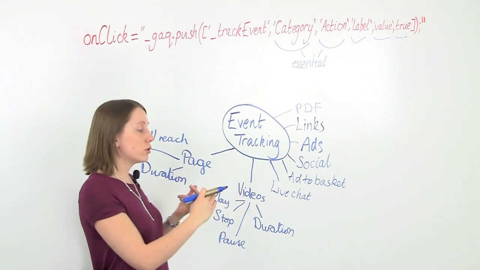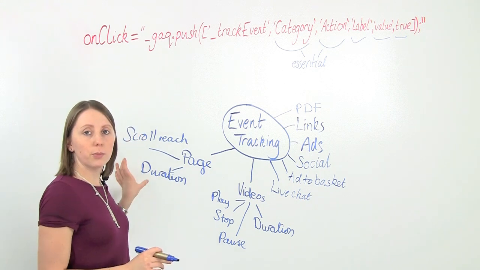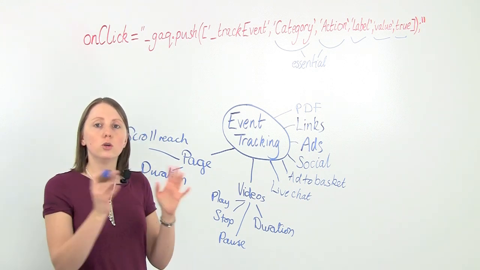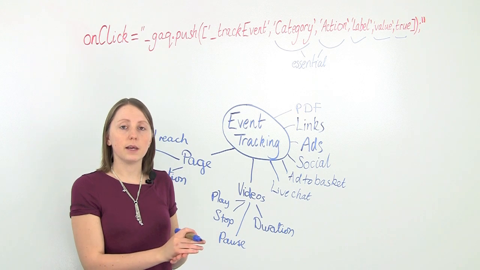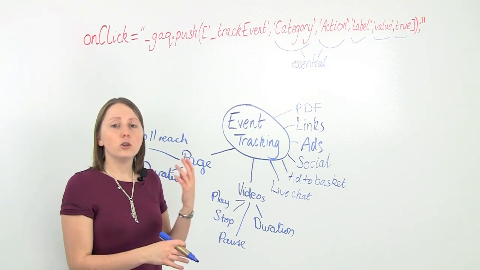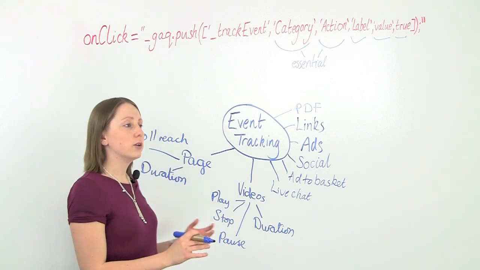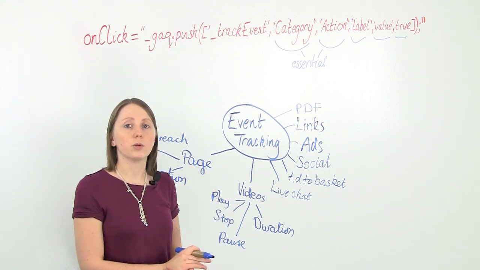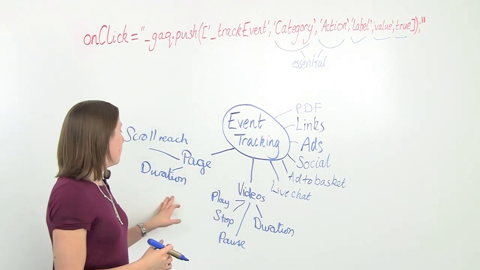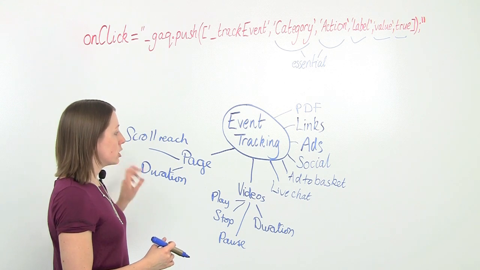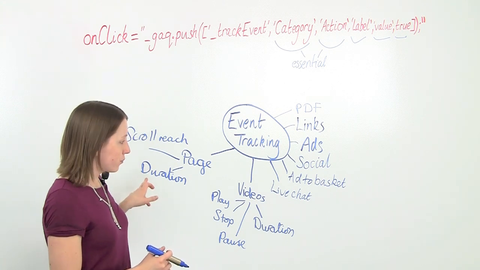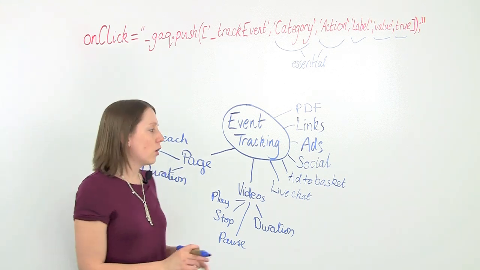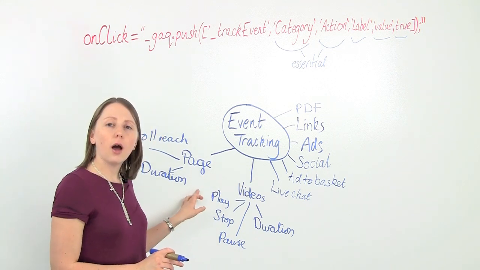We don't know. So the duration and the scroll reach can both help us to work out who's actually coming in to the blog post and then leaving straight away, and who's actually coming in and reading it. So what we can then do is categorise people as readers of the blog post or not. So we've got the scroll reach and the page, which is very beneficial, which brings us on to also tracking